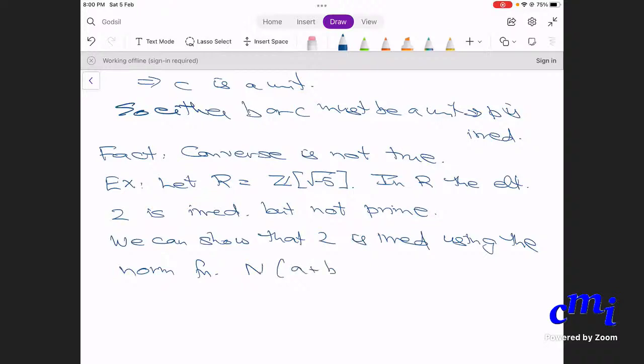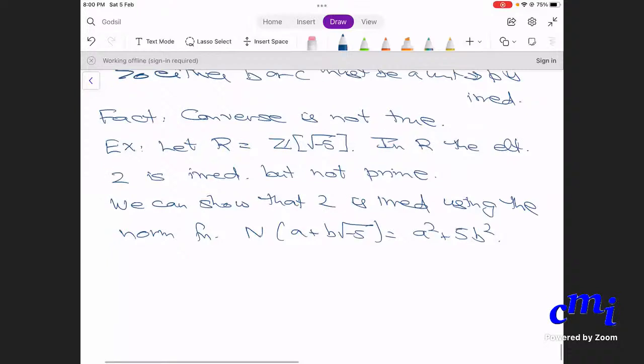N of A plus B root minus 5 is A squared plus 5B squared. One can show that this is a norm function, this is multiplicative, all the usual things, right? Like I did for Z adjoin i, you can show that this is multiplicative, and using the norm function, we can show that 2 is irreducible. And how do you show 2 is not prime? I'm not giving the full proof, I'm just sketching. To show that 2 is not prime,